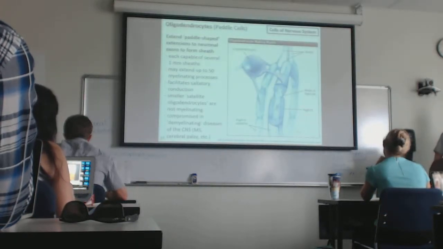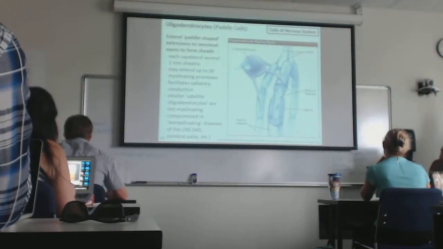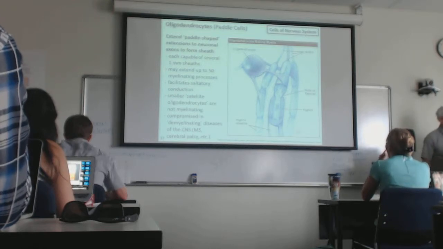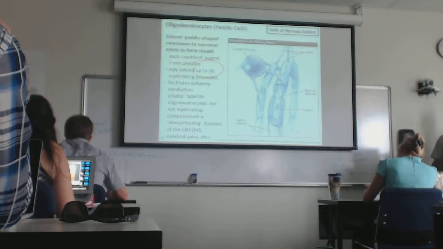So we talked about oligodendrocytes. Again, the key things to remember here, these are the myelinating cells of the CNS. They have the ability to myelinate up to 50 additional